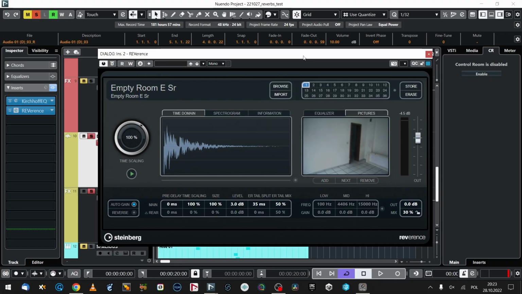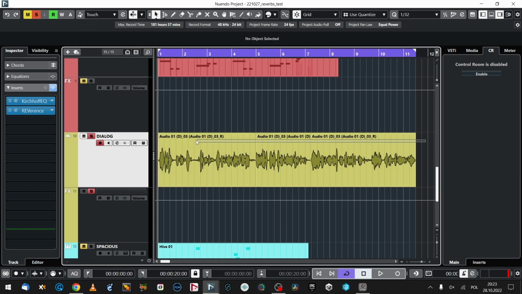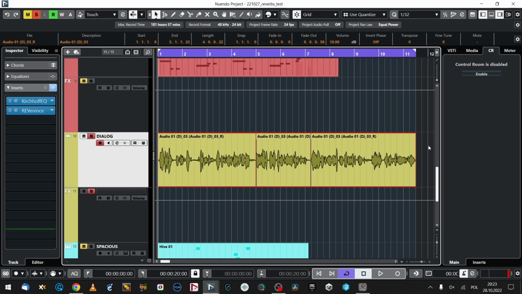The first one is REVERBS by Steinberg. It's an onboard Nuendo convolution reverb. Kind of a simple one, yet a very good sounding one, and a very powerful one. And when I have an ADR line that I have to fit in initially, and I have to make it